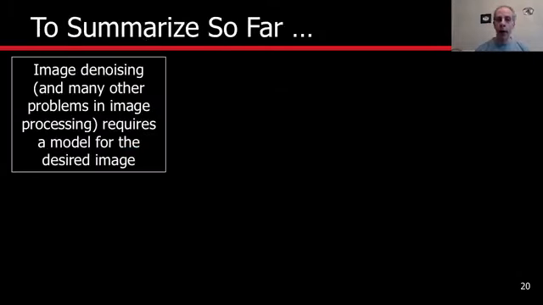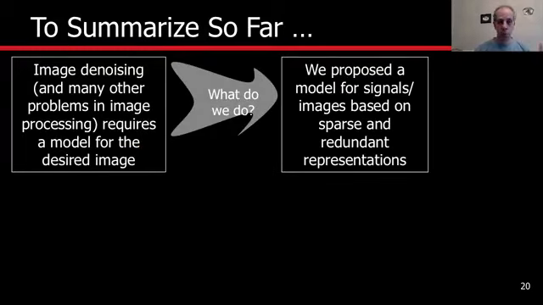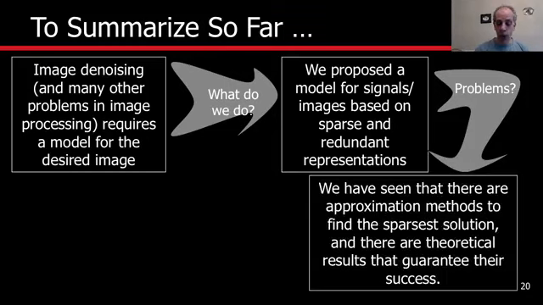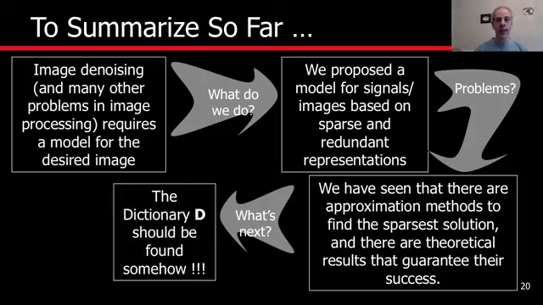So where are we so far? We started with image denoising and looking for the need of modeling. We derived sparse modeling as one way of doing a model of images that will help us in denoising. Now we discussed some of the problems and basically we saw how to compute the alpha that will give us the representation. The next step is the dictionary,